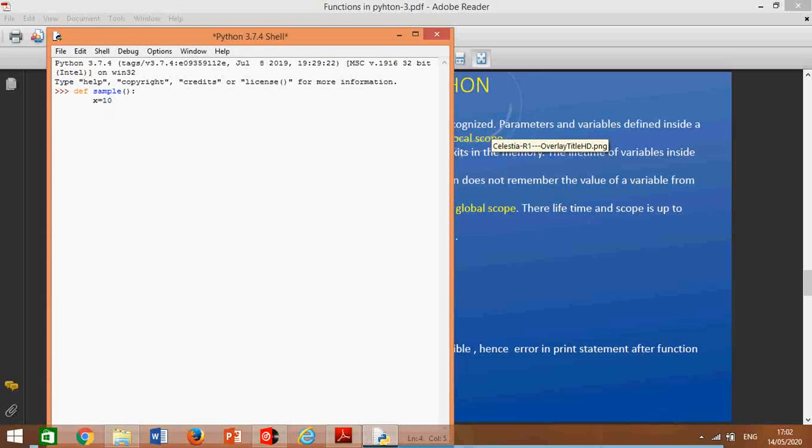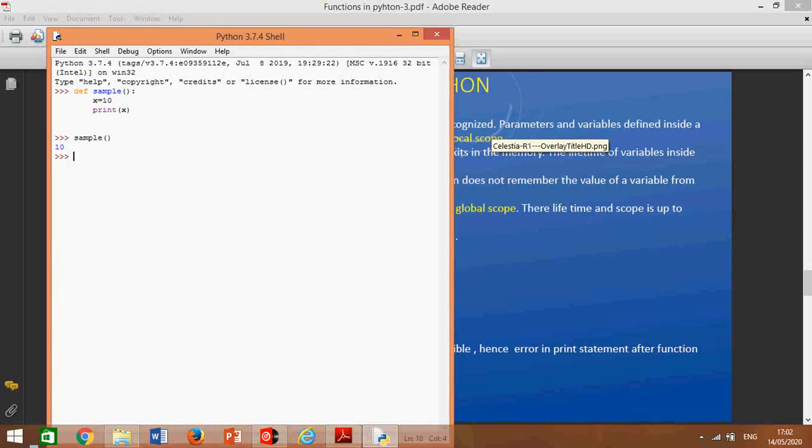Now see, x is a variable created inside the function. It is a local variable. Now print x. I'll call this function sample. So it will give me the answer 10.